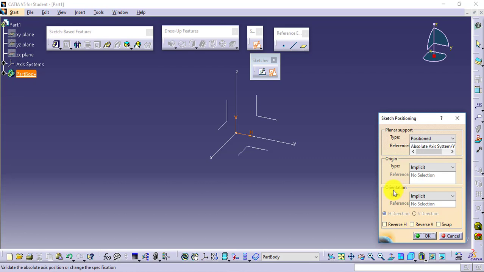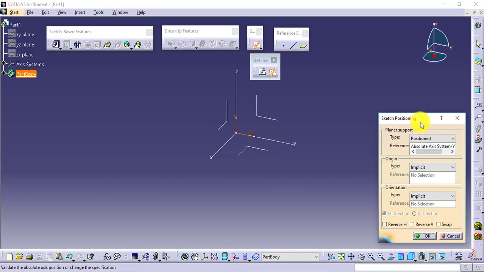you will be working with the feature based modeling, because when you apply feature by feature, sketch option will by default select the orientation defined in the software, but positioned sketch or sketch positioning will allow you to orient your features, orient your part as per your own requirement, so that it will be easy for you to create the sketches. We will be discussing this when we will solve some of the examples.